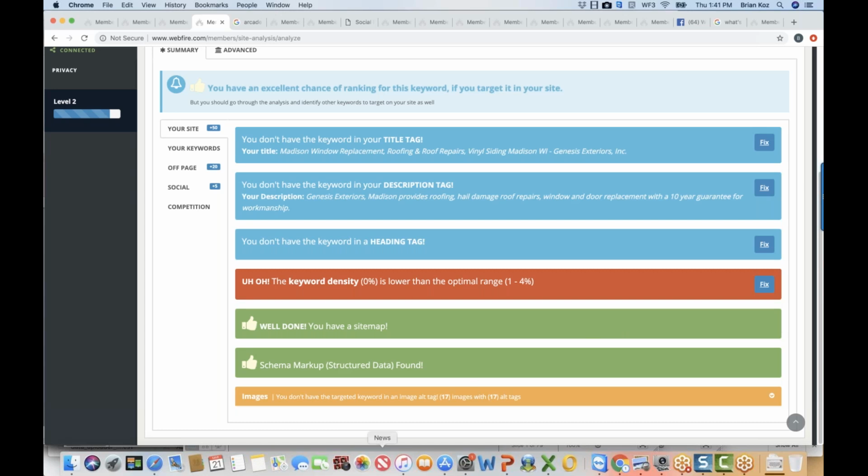And it says, nice job, you have a schema markup. Now, a lot of sites don't have a schema markup, or they don't have as many as they should. You probably are wondering, what's a schema markup? I'll share with you what that is in just a bit, but it's basically something that makes you look much, much cooler and better on Google and can help with your rankings. You can click fix to fix that, or we have a schema tool that can automatically help make you have more schemas, or add a schema quickly and easily.